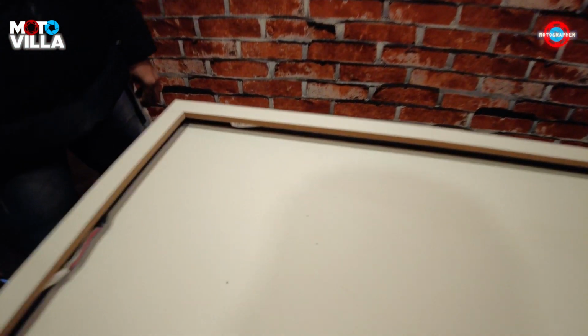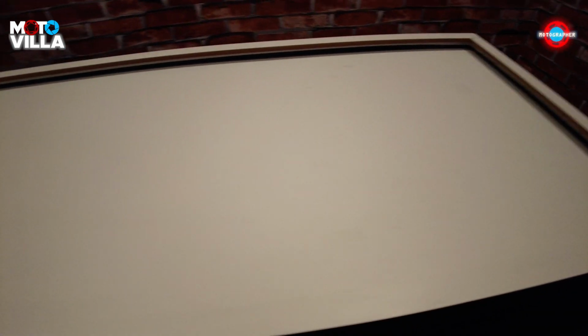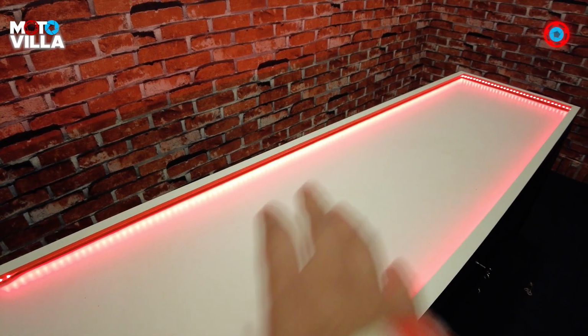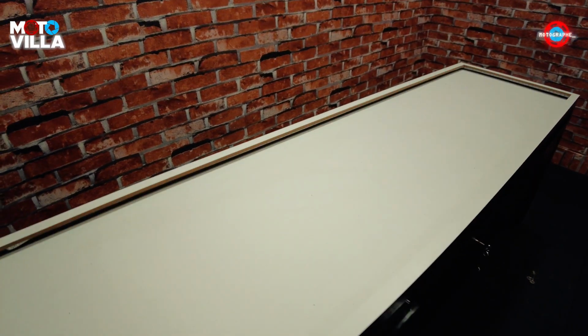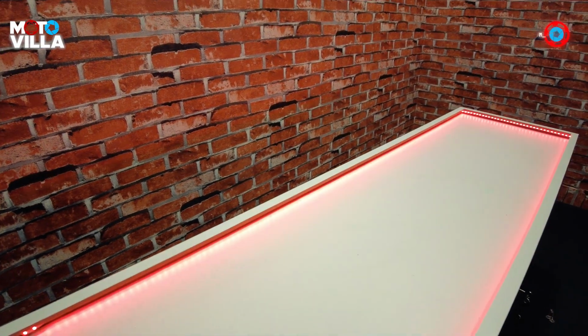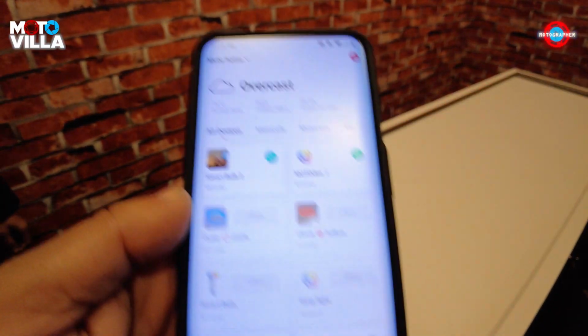Basically we have got this recess here, which gives us space to put a smart light, which we have already done. So here we go. This is already diffused because it's going under the recess. The reason the light is flashing is that we need to pair it. This is the homemade light that we have, and we are going to pair it with the homemade app. Here is the homemade app, and